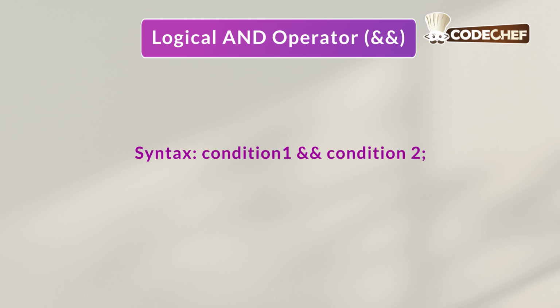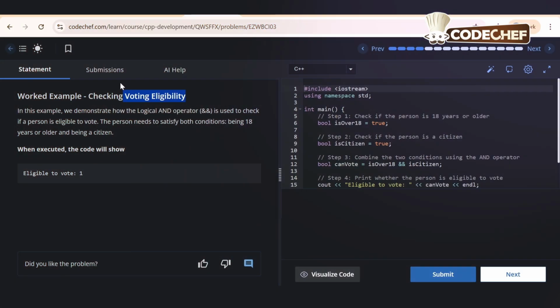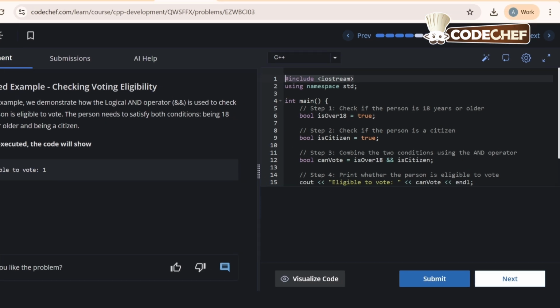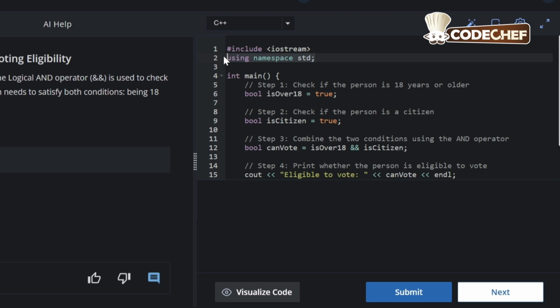otherwise it will be false. Now let's have a look at an example that uses the logical AND operator on the CodeChef platform. The objective of this program is checking voting eligibility, and the expected output is eligible to vote : 1. Let's get on to the code. #include <iostream>, using namespace std; then int main. Now inside int main, we have declared and initialized a variable of type boolean. So bool isOver18 = true;